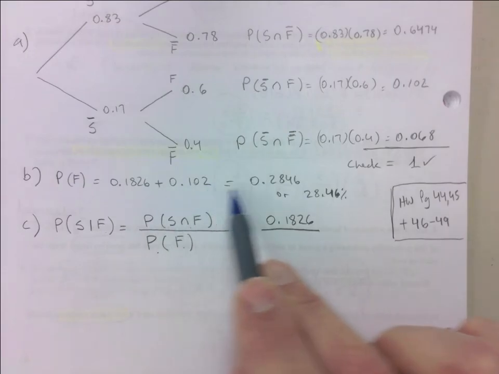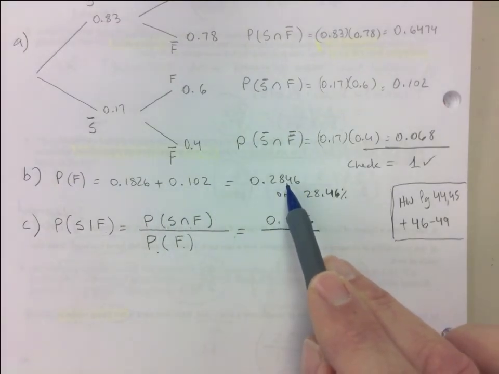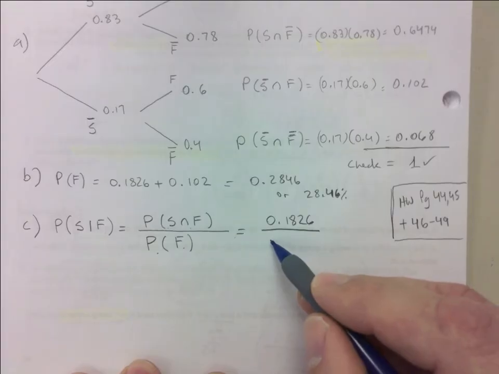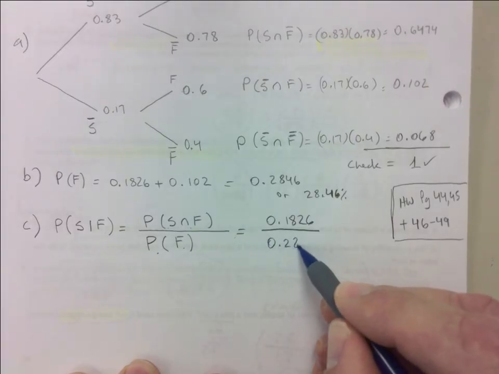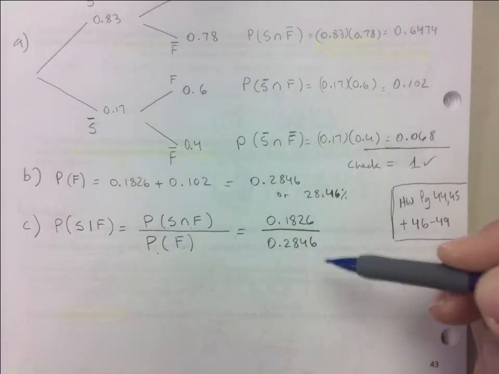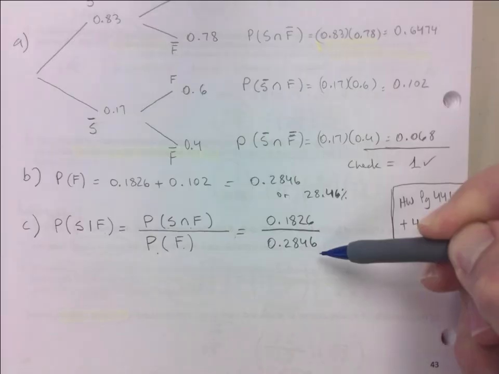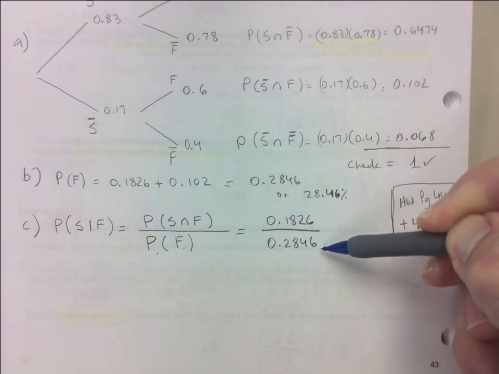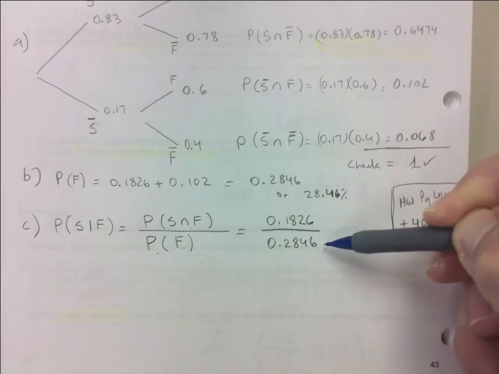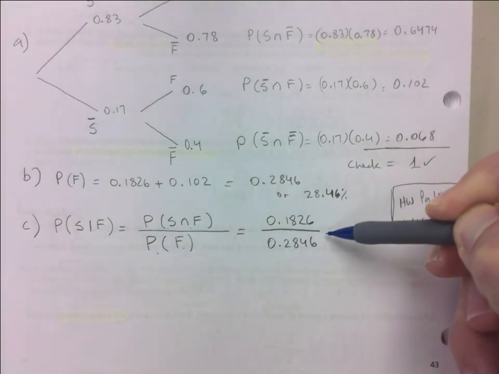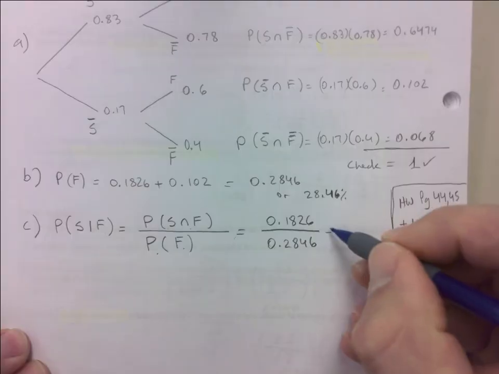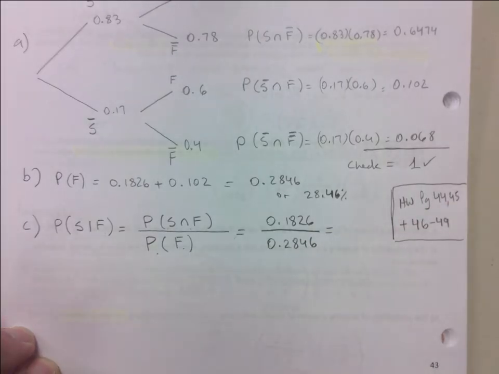We know the probability of falling is 0.2846. If you hadn't done this already, you would have had to go and add up all the instances where someone is falling, which is 2 branches on our tree up there, right? Now you divide that,